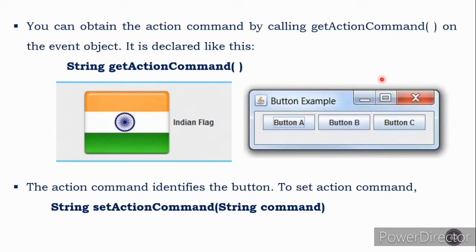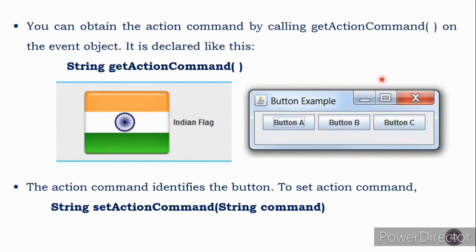When a button is pressed, an action event is generated, and using this action event object passed to the actionPerformed method of the registered action listener, you can obtain the action command string associated with that button.